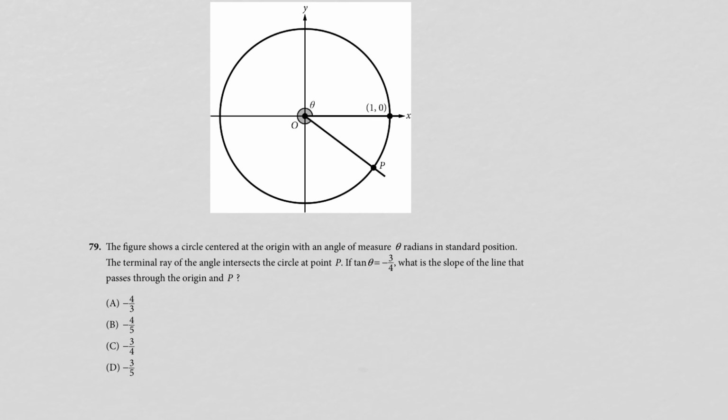79, we have a circle, we have a theta, radian, standard position, terminal ray intersects the point. And they want to know what's the slope of this line. So this is the key here. Tan theta equals negative 3 over 4, which means that, so this is a little confusing and a little hard to explain,